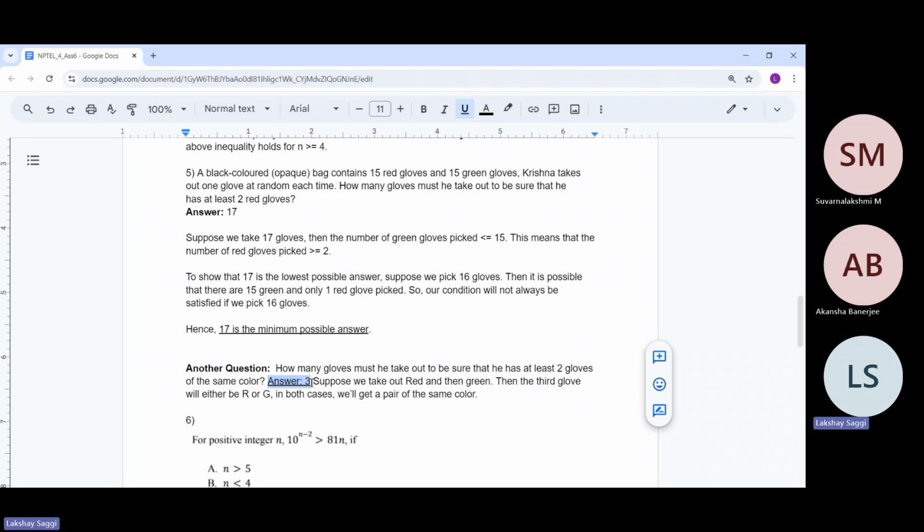And why is this the case? Because if we take out the red and green glove, then whatever the third glove is, we'll just get a pair of the same color, right? Because if it was red, then it would be paired with this red. If the third glove was green, it would be paired with this green. So if we just want to find out